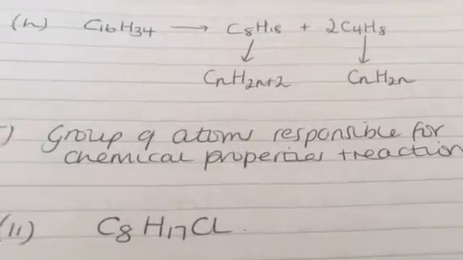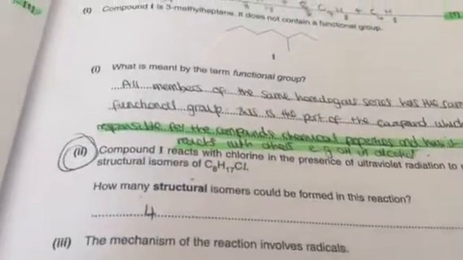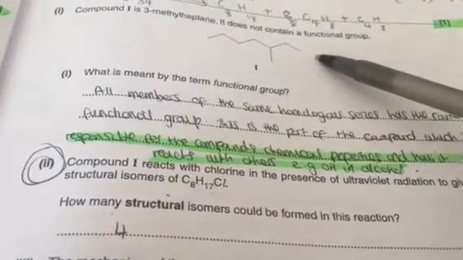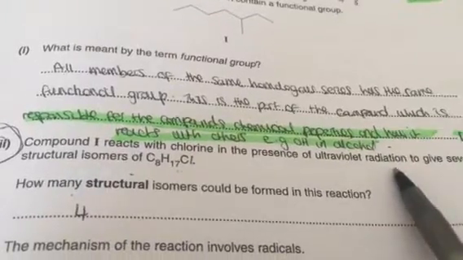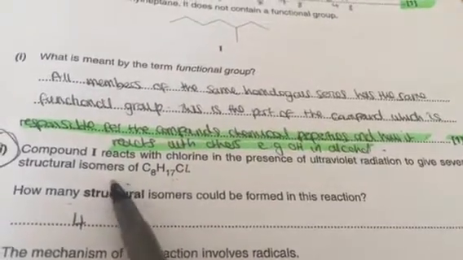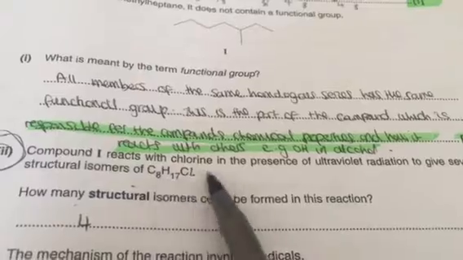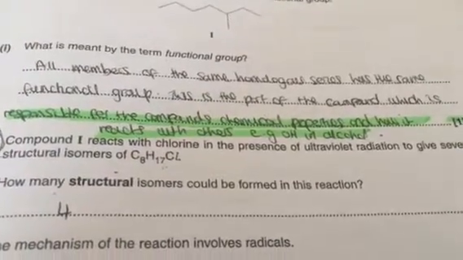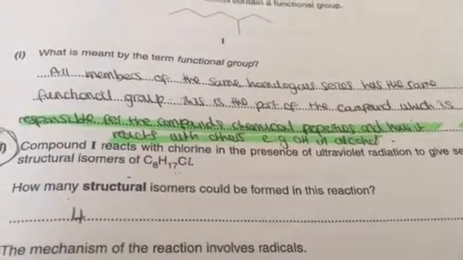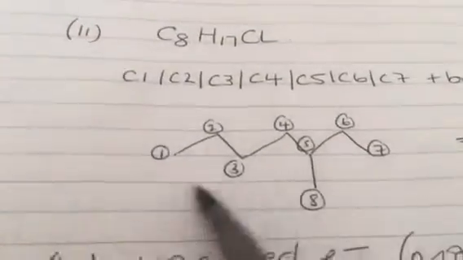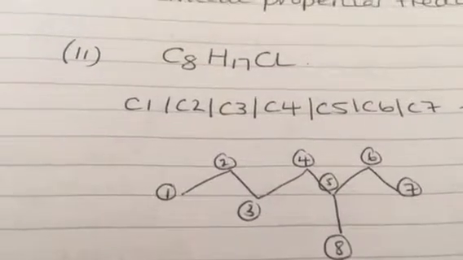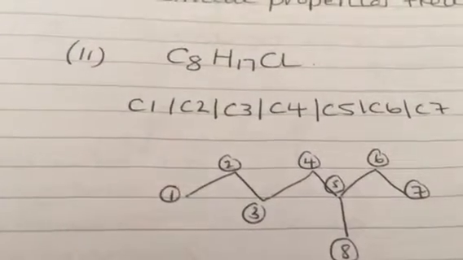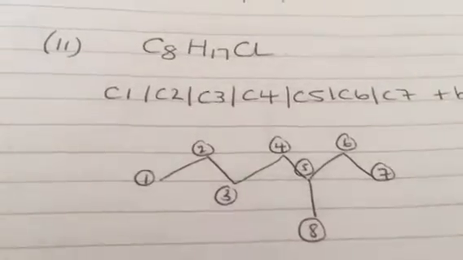The next question is asking us if compound I, and compound I is given to us above and also on the page previous, reacts with chlorine in the presence of UV radiation. It gives us several isomers of C8H17Cl. And then it's asking us how many structural isomers can be formed in this reaction. If we take our structure, which we are given to begin with, when the chlorine is added, and we know it's added because it's saying I reacts with chlorine in the presence of UV radiation, it means that the chlorine